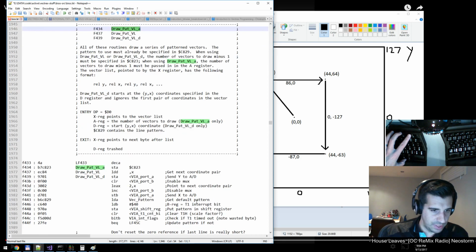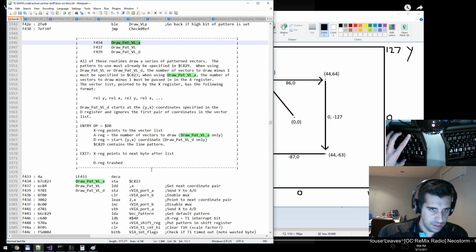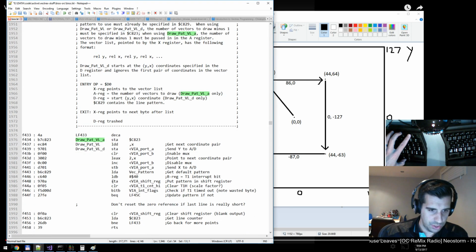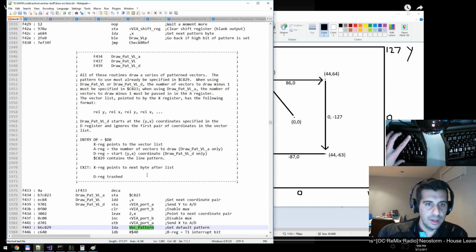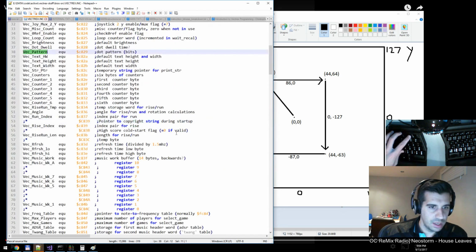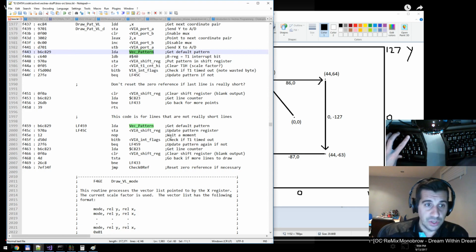I think that's what we'll see down here. Store a shift register, put the pattern in the shift register, yeah. And get the default pattern and then vec pattern. So I guess vec pattern here must be C829. Let's see. Yeah, see, vec pattern refers to C829, this location in memory. So anyway,